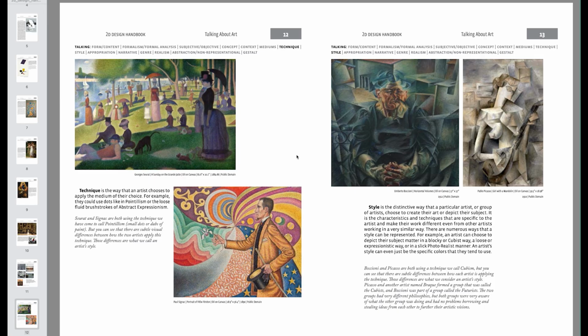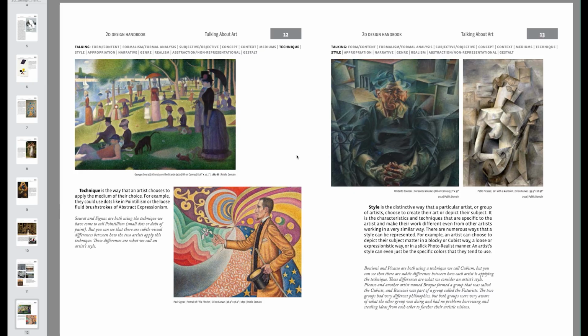Technique. Technique is a way that an artist chooses to apply the medium of their choice, which, as I said, has a lot of power on its own. For example, they could use dots like pointillism, little dots clustered together to create the full picture, or loose, fluid